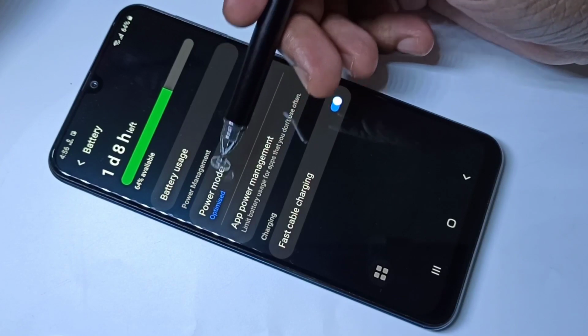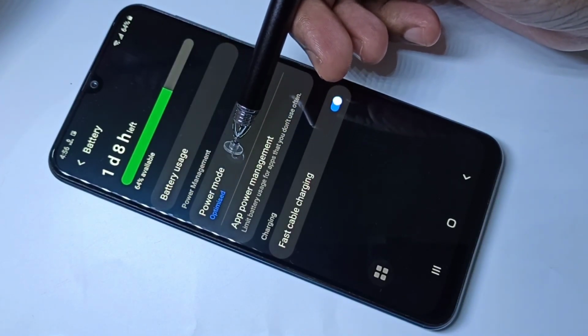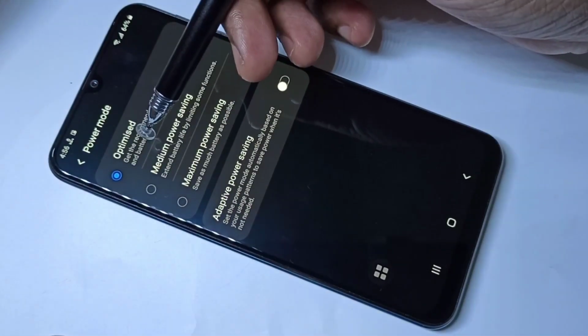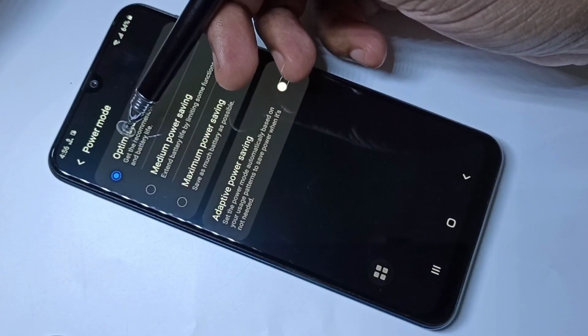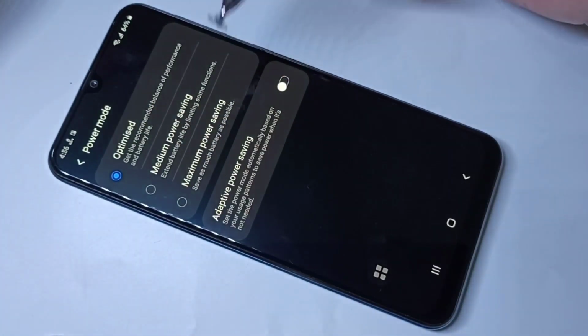Then let me go to power management. Here you can see power mode. Tap on this power mode. You can see three modes: optimized, medium power saving mode and maximum power saving mode.